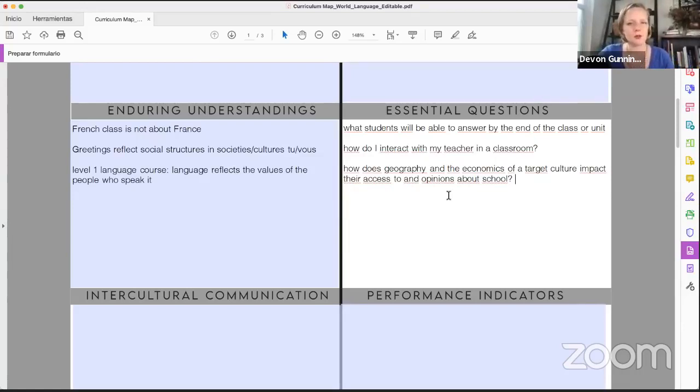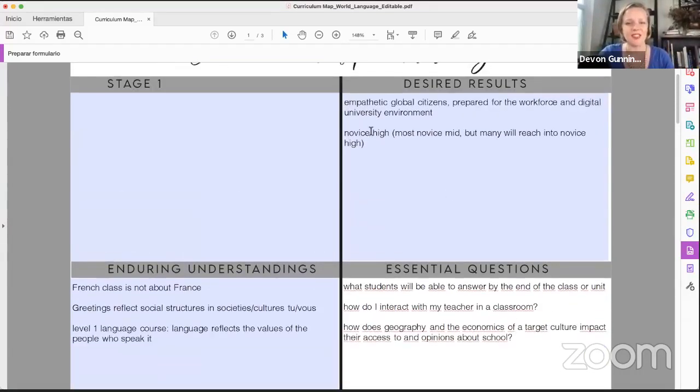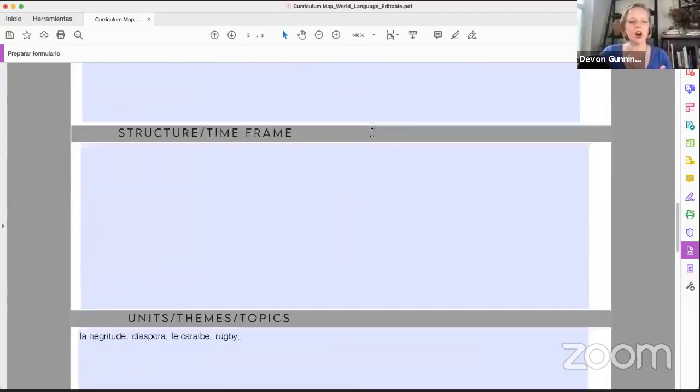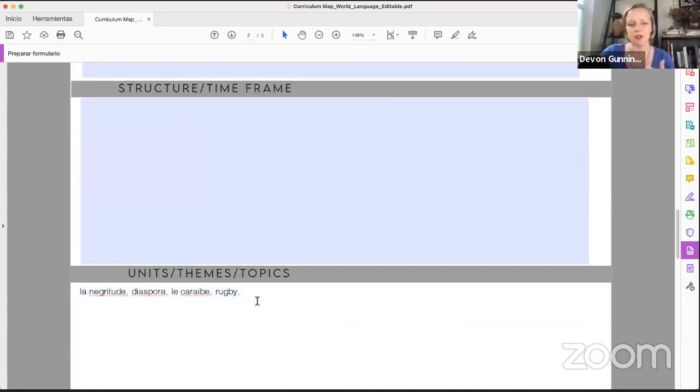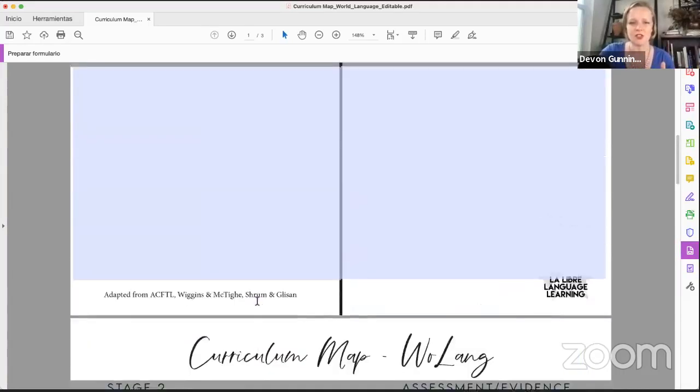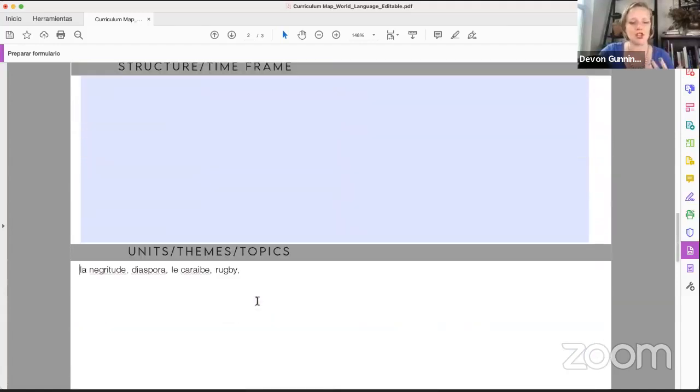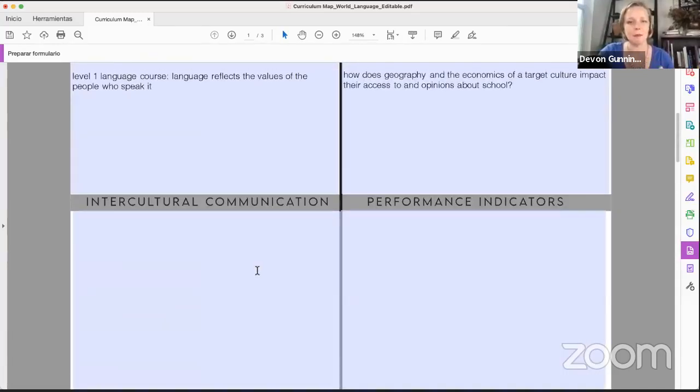So remember when we talked about earlier that you've got to be careful about what types of things you're talking about, especially in a cultural context. When you get all excited about all the things that you want to talk about in your curriculum for your units or your themes or your topics, when your department gets together and says, okay, we're really excited to integrate all of these new and modern themes and really deepen the level of our curriculum, you can use essential questions to say, that's a very ambitious idea, but